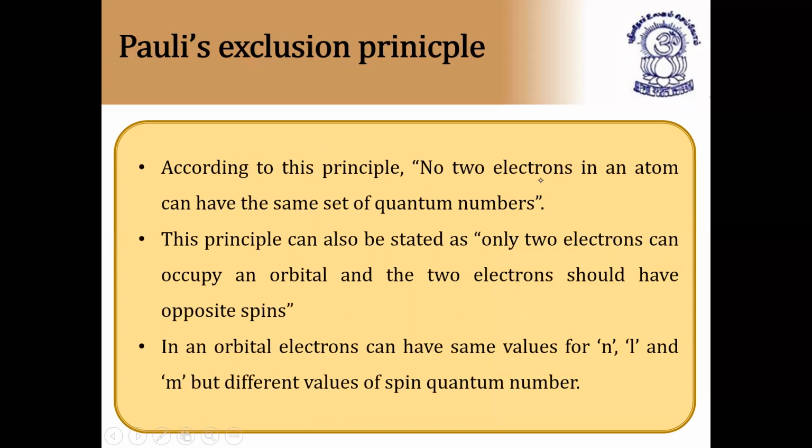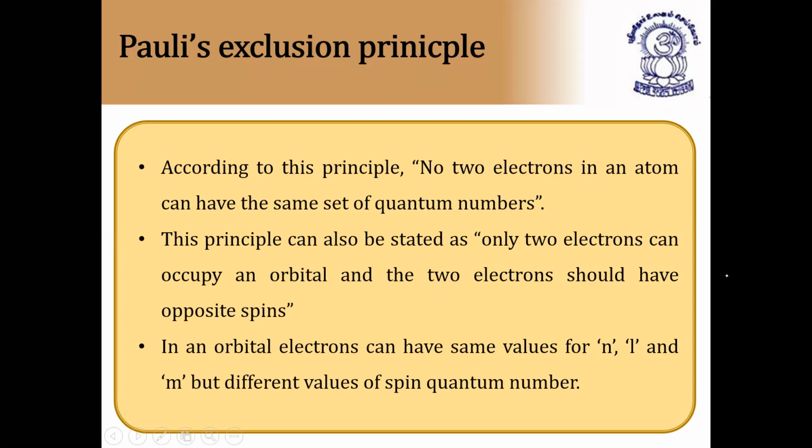According to this principle, no two electrons in an atom can have the same set of 4 quantum numbers. This principle can also be stated as: only 2 electrons can occupy an orbital, and the 2 electrons should have opposite spins. That's why their quantum numbers are not similar, because one electron's spin is plus half, and the other electron's spin